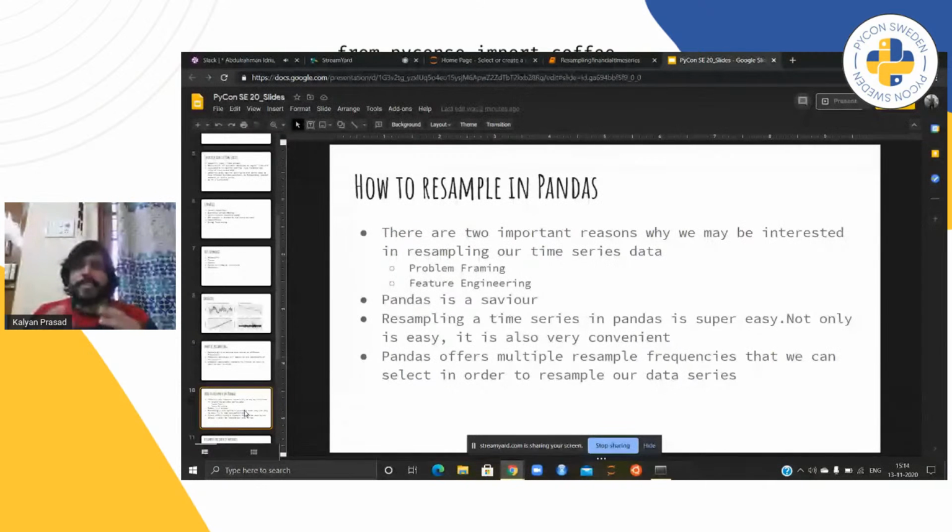Pandas is a savior because it was created by Wes McKinney to be an explicit and flexible tool to work on financial data. Therefore, it is a very good choice to work on time series data. And resampling a time series in Pandas is very easy. I'll be showing you quickly how easy it is in the next couple of minutes. And the best part of Pandas is it also offers multiple resampling frequencies that we can select in order to